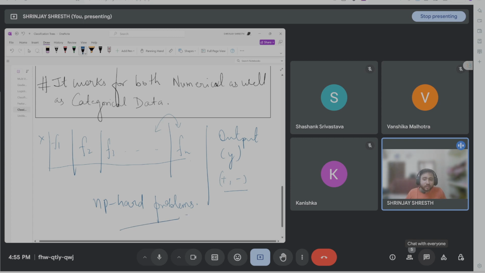अगर तुम ऐसा सोचने जाओगे कि हम सब फीचर के अकॉर्डिंग एक डिसीजन ट्री बना के देखते हैं, और जिसका एक्यूरेसी सबसे ज्यादा आएगा हम उसको बेस्ट मान के यूज कर लेंगे। एक अप्रोच हम ये सोच सकते हैं, राइट वंशिका, शशांक, कनिष्का, कि मेरे पास मान लो 10 फीचर है, 10 फीचर के रिगार्डिंग हम डिसीजन ट्री रूट नोड लेके बना के देखते हैं, और हर एक के साथ एक्यूरेसी निकालते हैं। अगर हम एक्यूरेसी निकालेंगे तो हमको पता लग जाएगा कौन सबसे अच्छा है, जो सबसे अच्छा होगा हम उसको फाइनल में ले लेंगे। यू मे आस्क अबाउट, लेट मी टेल यू,